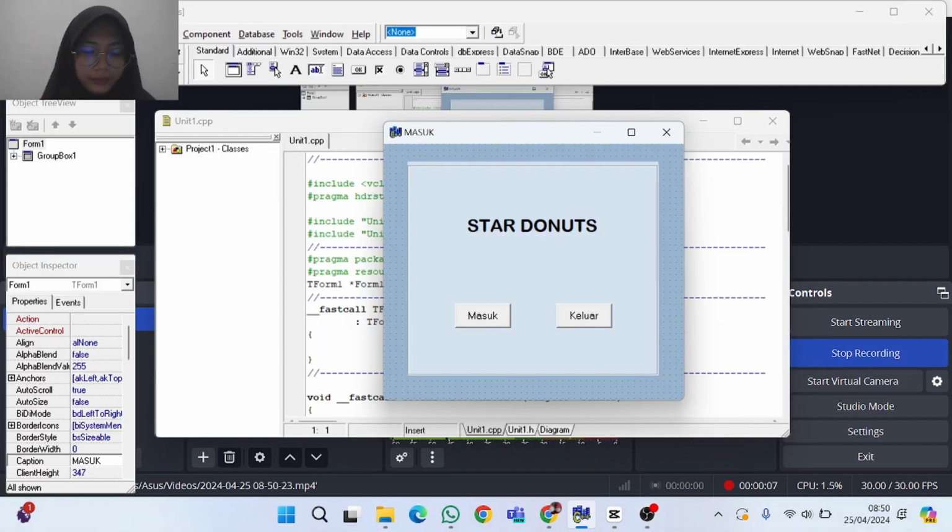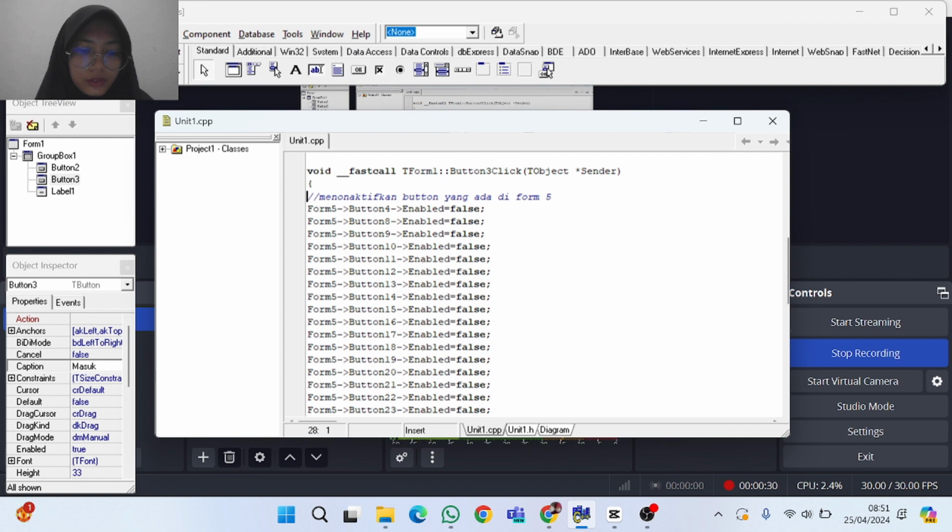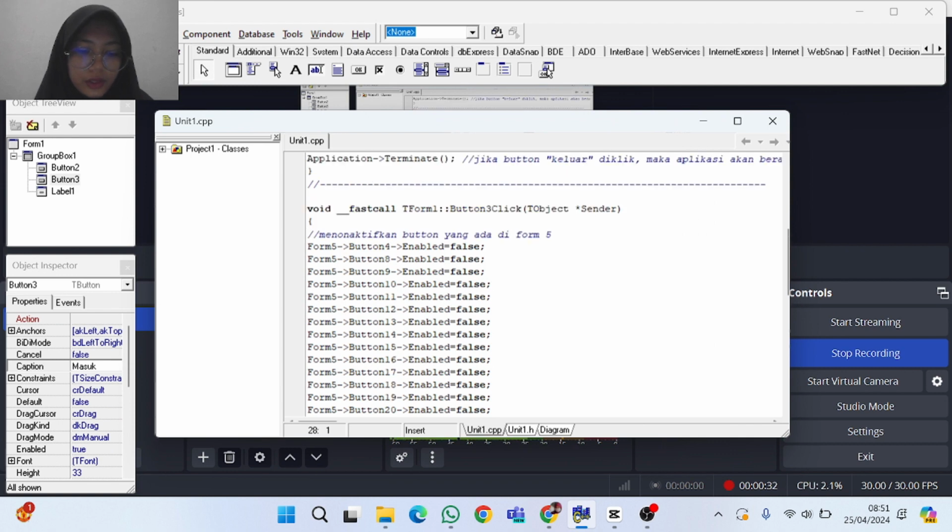Okay, I will explain the source code of each button. First, from Form 1, there are 2 buttons, enter and exit. It is the shortcut for the sign in button.